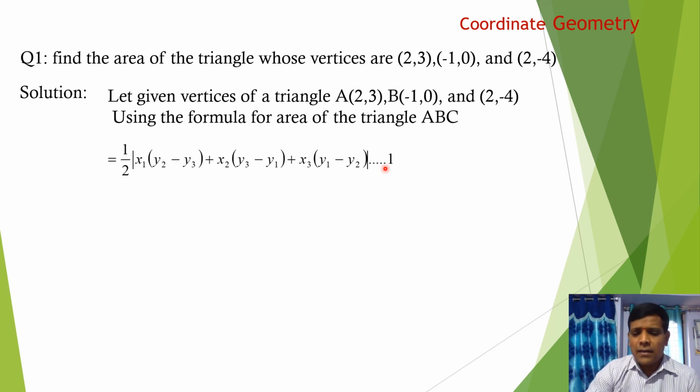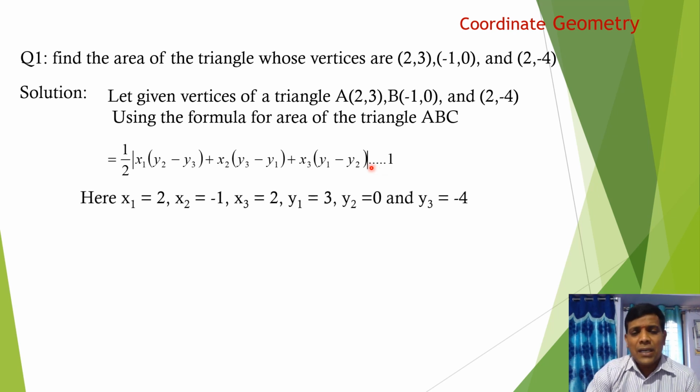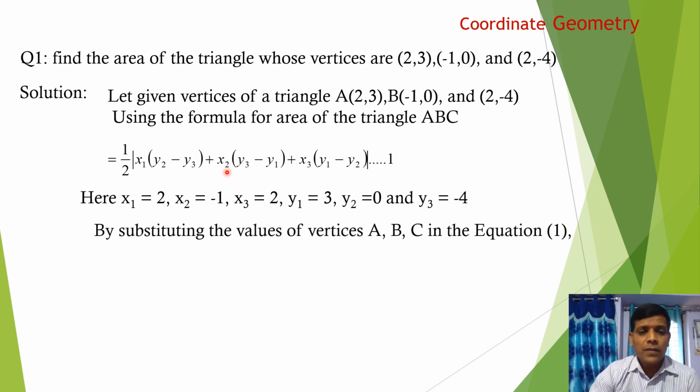So write down the given vertices as coordinates. Here x1 equals 2, x2 equals -1, x3 equals 2. Similarly, y1 equals 3, y2 equals 0, and y3 equals -4. So these coordinates are substituted in the area of triangle formula. By substituting the values of vertices A, B, C in equation 1,